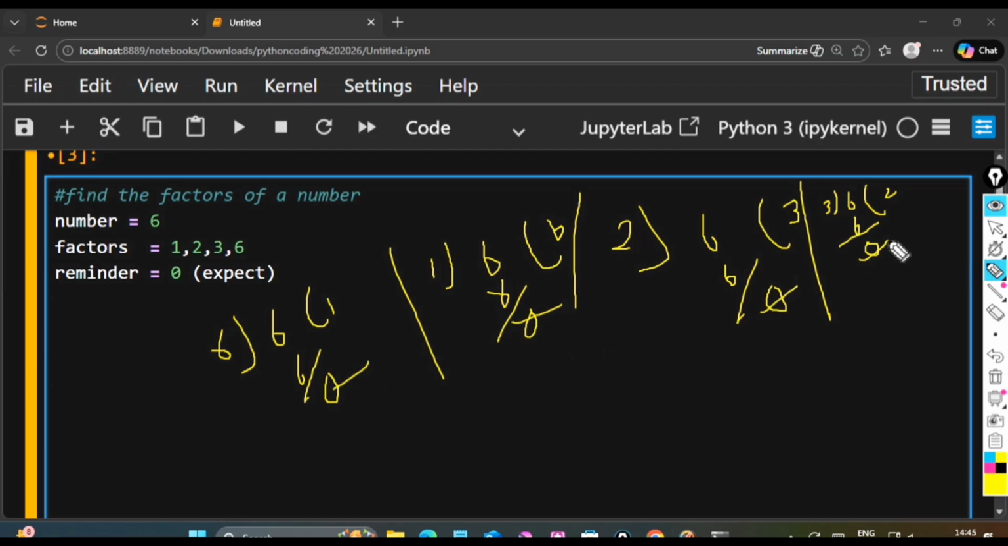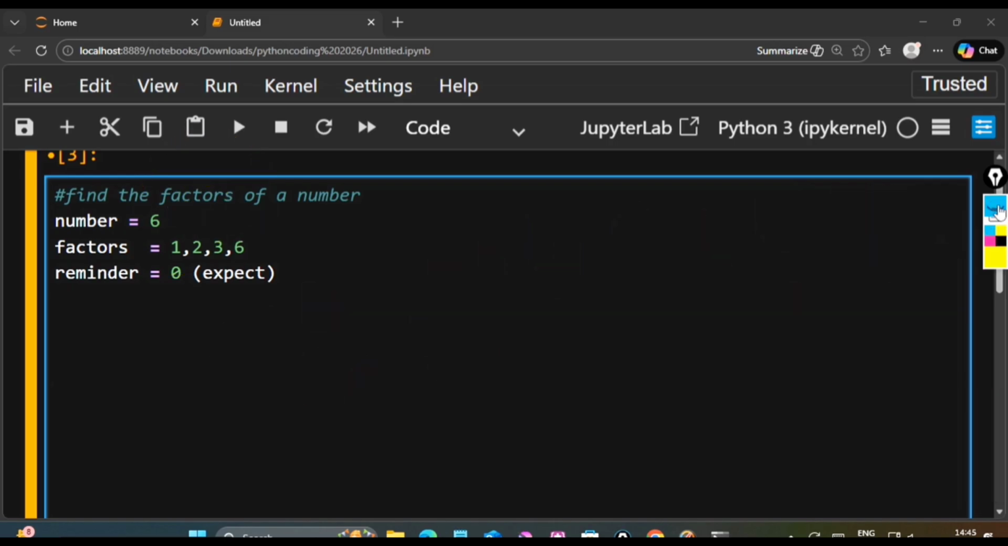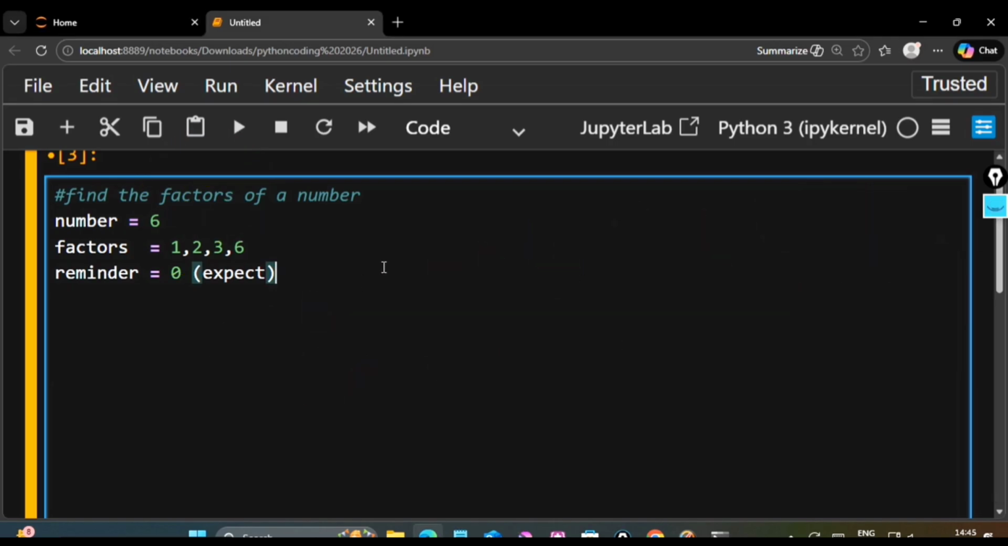So this is just for mathematical expressions. Now we will see it programmatically, then we get clarity on this. Each and every number that is divisible by 6 leaves exactly 0, that means remainder 0. So here we have to find the remainder 0, which tells us which numbers are the factors of the given number. So now coming here,